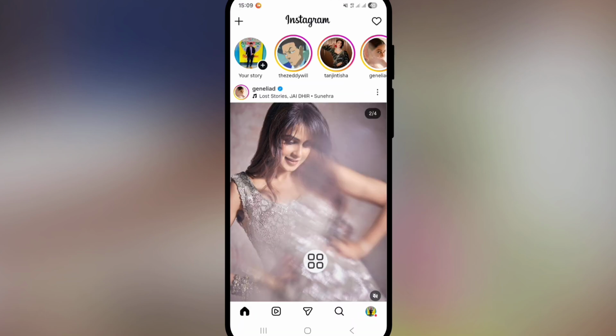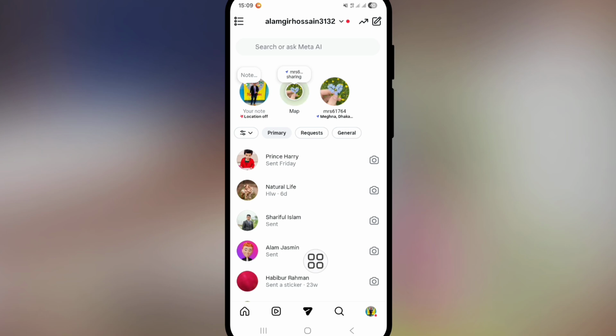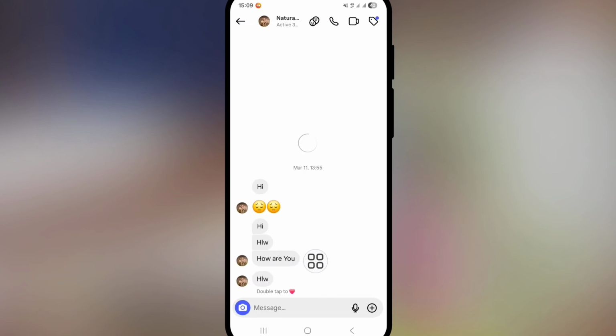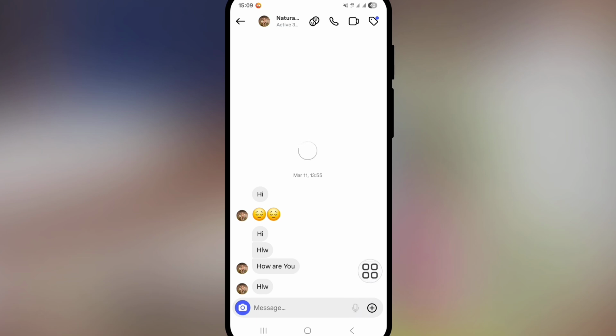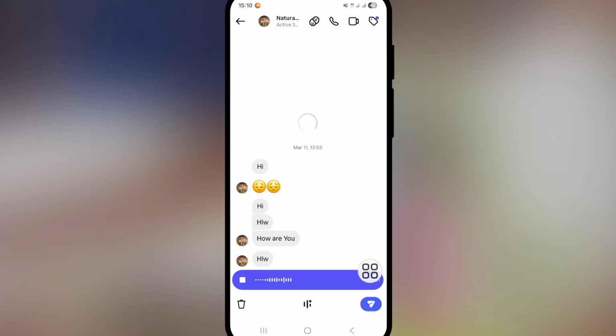Now open Instagram chats and then open any conversation. First record your voice message. After you record your voice message, here you can see the voice filters option. Just tap on this option